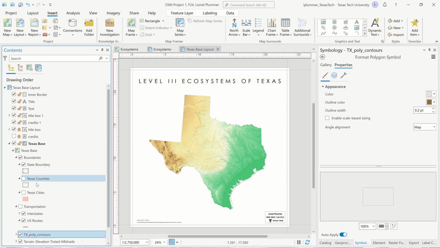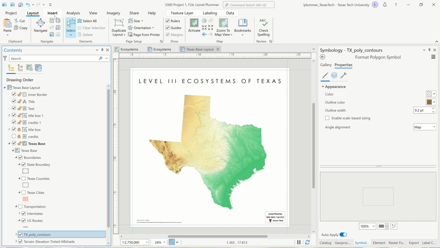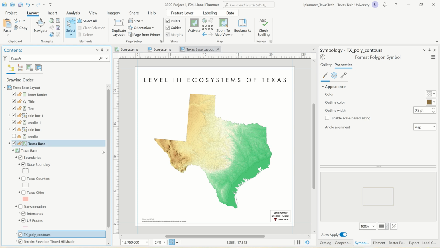And here's something I would strongly recommend when you're doing these final map layouts: come up here to layout and choose full extent. And then just completely leave it alone. Don't zoom in and out. You may want to check your labels, but that is really going to take a lot of time